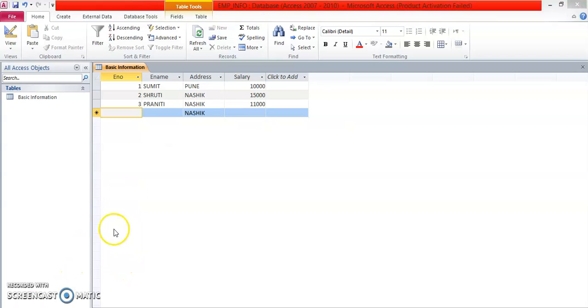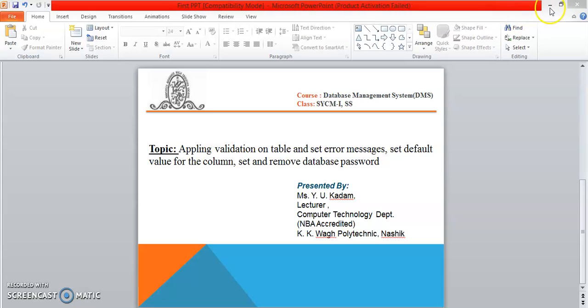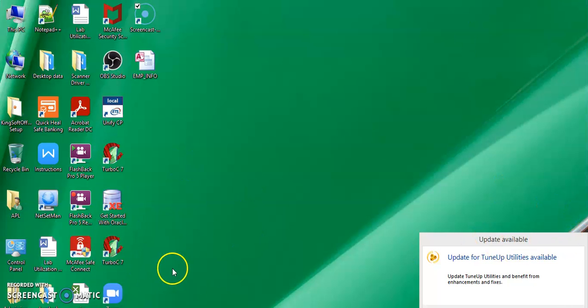Now the next point is applying a database password. To apply the database password, we have to open the database in exclusive mode, always, when applying or removing the password. So here I am saving this database table. Okay, I am closing this, and again I am opening the database. This is the EMP info